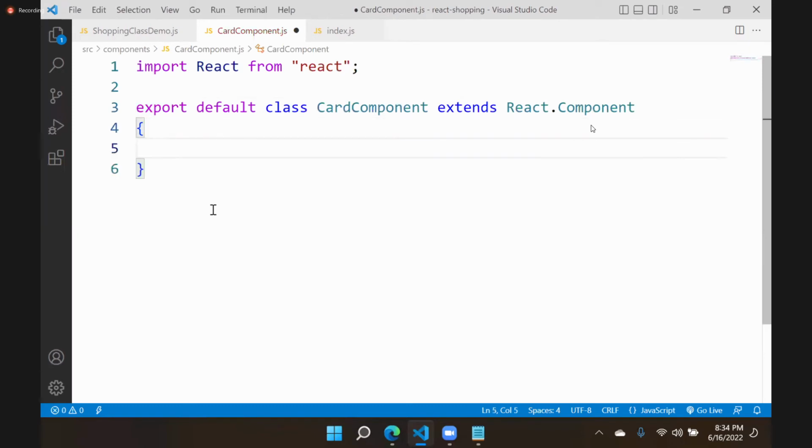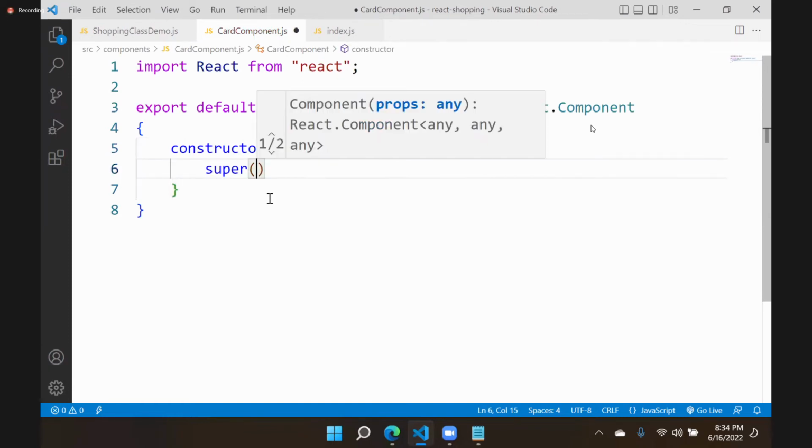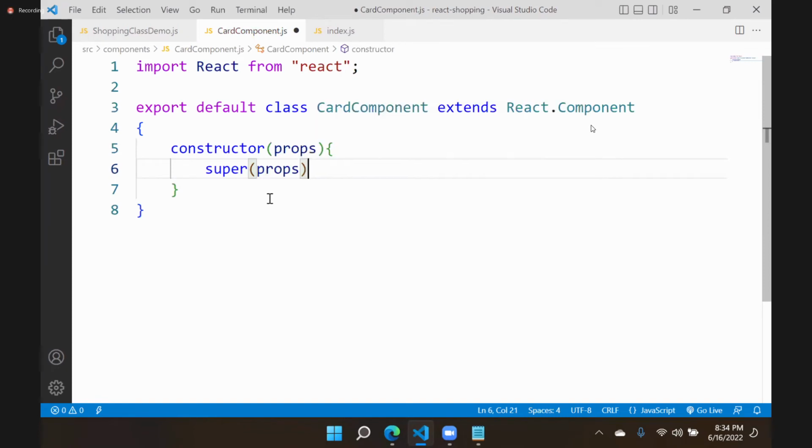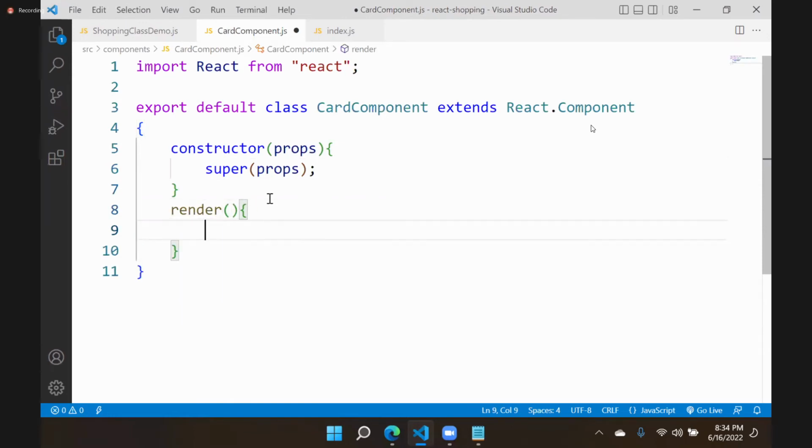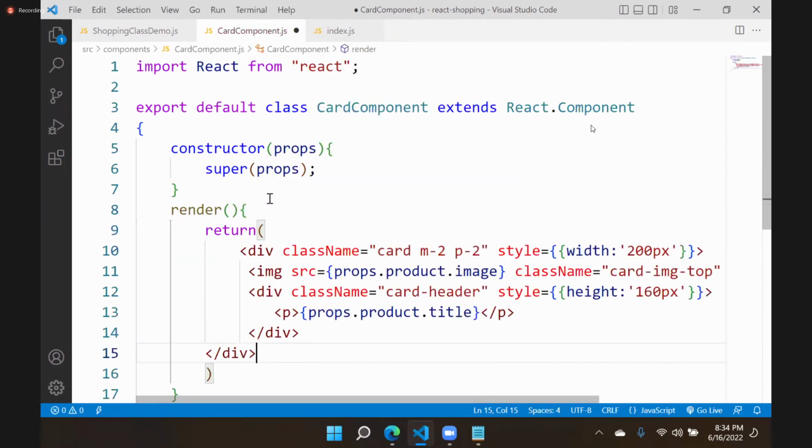It is using a constructor. In that constructor, we have properties, and here we have super constructor with the props. Now in this, we are configuring the render method with return, and it will return this card,